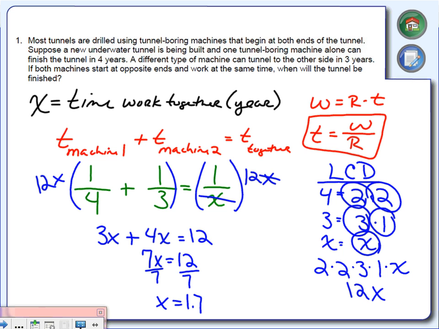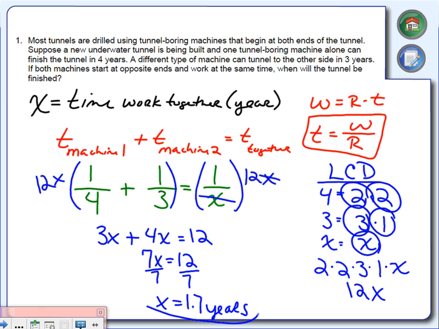1.714. We'll go ahead and round it to the nearest tenth. So we'll say 1.7. So what did I just find? What does that 1.7 represent? Time. More specifically, time in